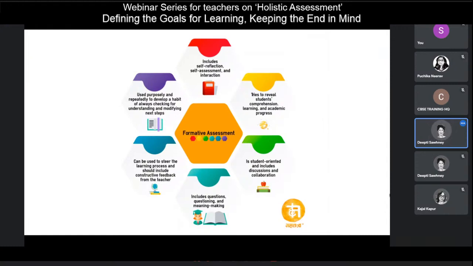We are looking at student orientation towards this entire process. We are looking at using questions, questioning, and meaning making, so that these are some things which will give you a springboard to what the children already know and what they have to learn in the future. That's what formative assessment is. It actually informs you of the next steps. So you are going to use all these evidences, and it takes you to steer the learning process to where you want to take it